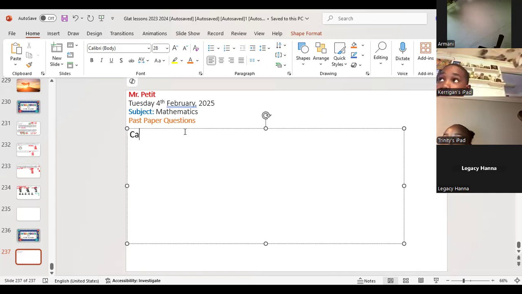It says Cameron and Deja were asked to evaluate